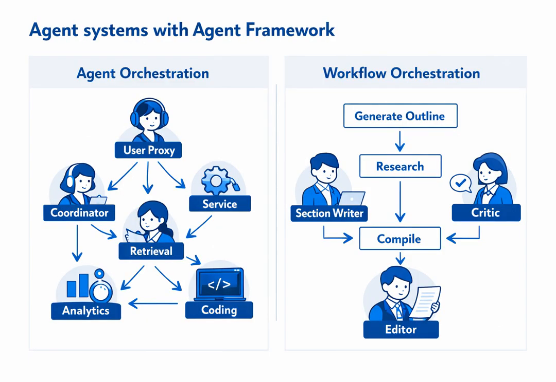With this framework, you can build two distinctly different systems. One is the agent orchestration on the left, where AI negotiates and acts flexibly. The other is the workflow orchestration on the right, which follows a strict logical process. You can freely choose the most suitable solution based on whether your task requires more creativity or more determinism.